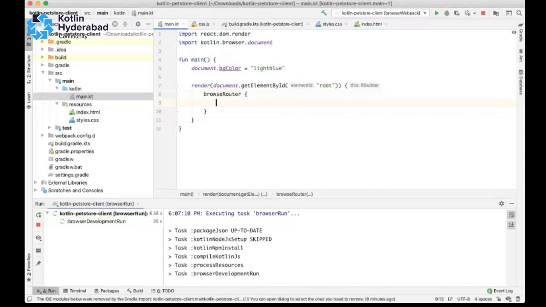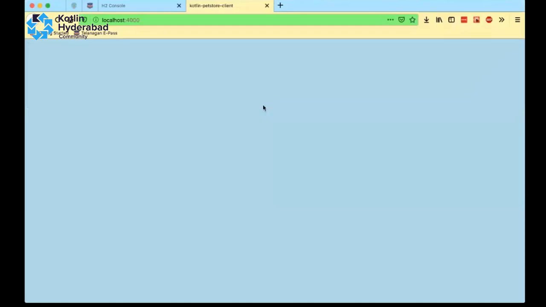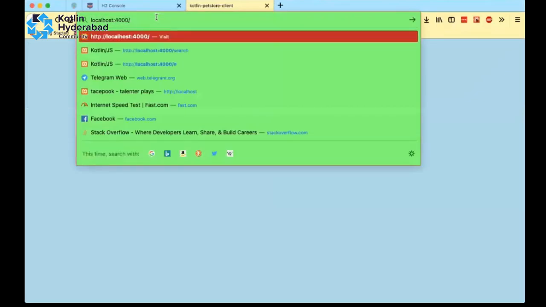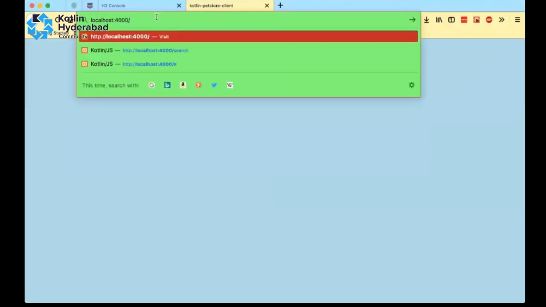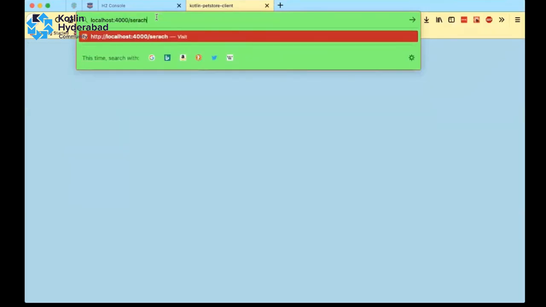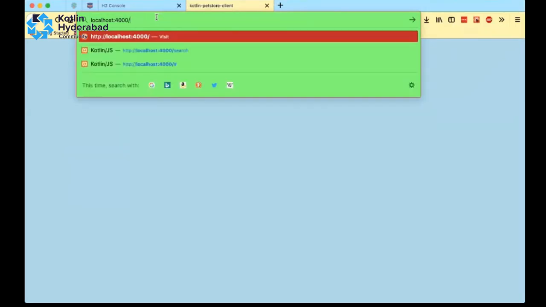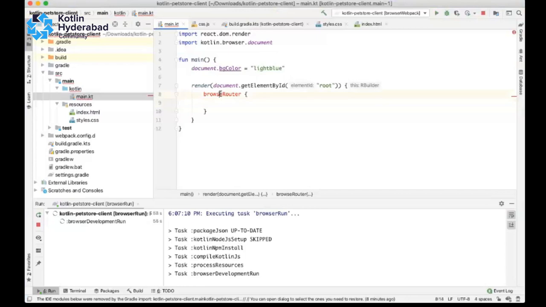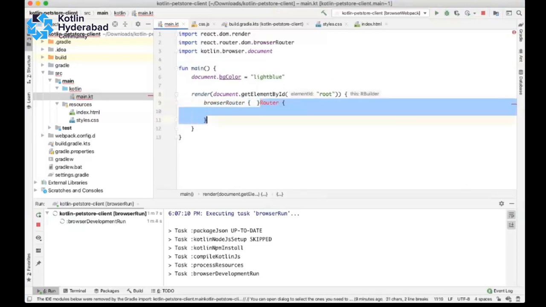BrowserRouter is used to handle the different routes in the UI, like home, slash search, or an index route. If you see here, all these are lambda functions only.